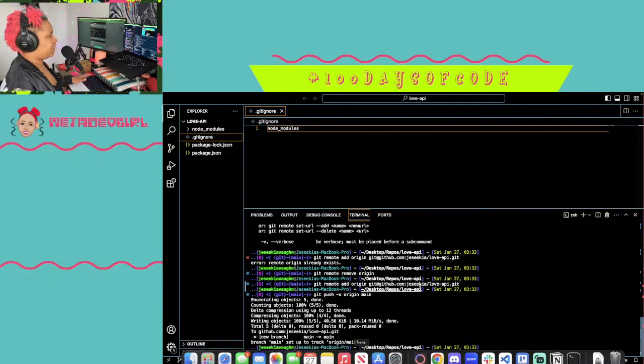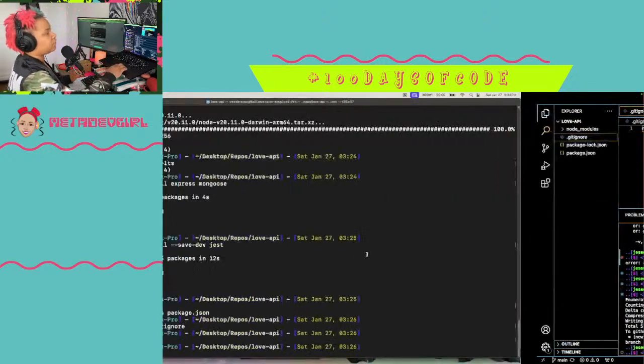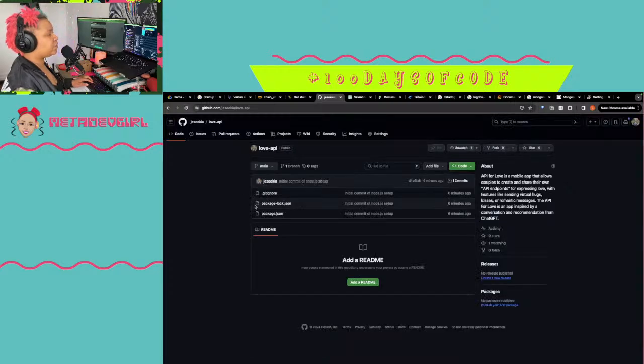It should have just pushed automatically because I have SSH keys set up already. The only way it would try to get you to sign in is if your origin is using HTTPS instead of SSH. That was something I didn't catch when I copied it, but it's all good. So now this code is pushed.